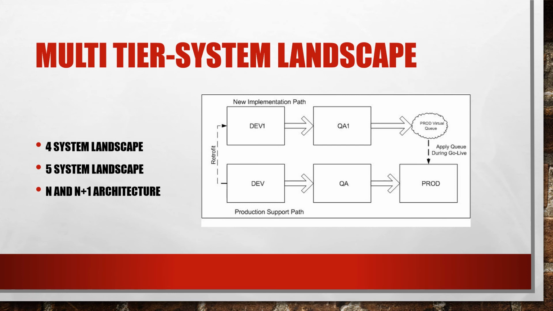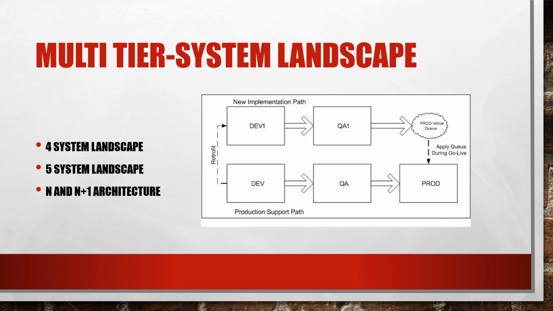So now on to the multi-tier system landscape. A multi-tier landscape is nothing but an additional system being added to the standard 3 system architecture. Usually companies have requirements that they can have two dev systems or two quality systems. In those cases, the data moves from one dev to another dev, then subsequently from one quality to another quality system and all. So in these types of cases we call it a multi-tier system, or an n and n plus 1 system.